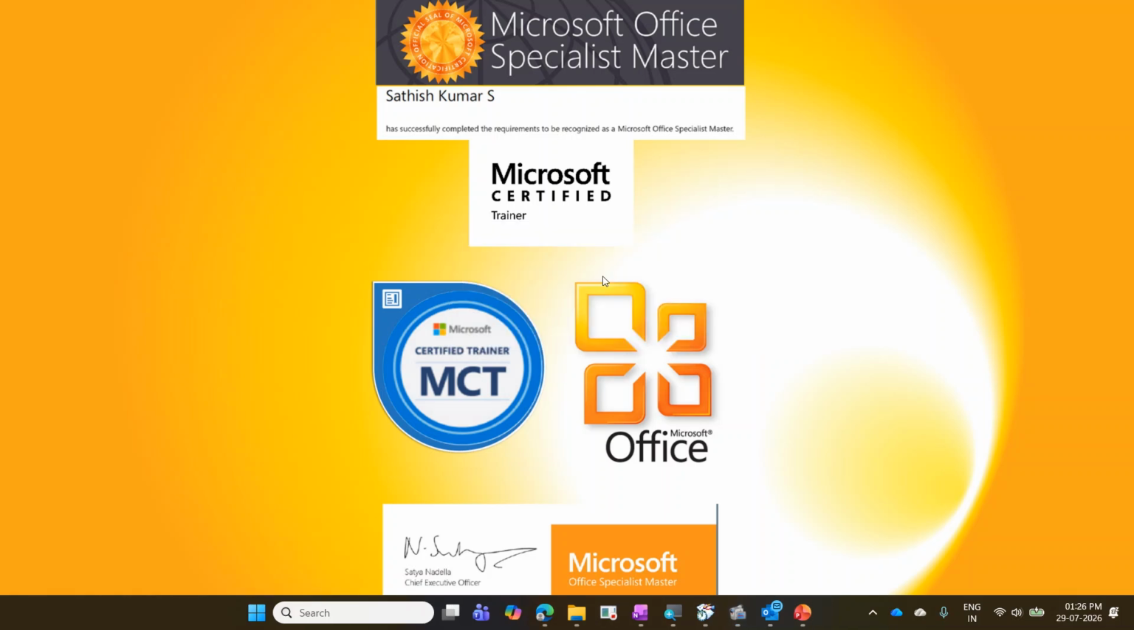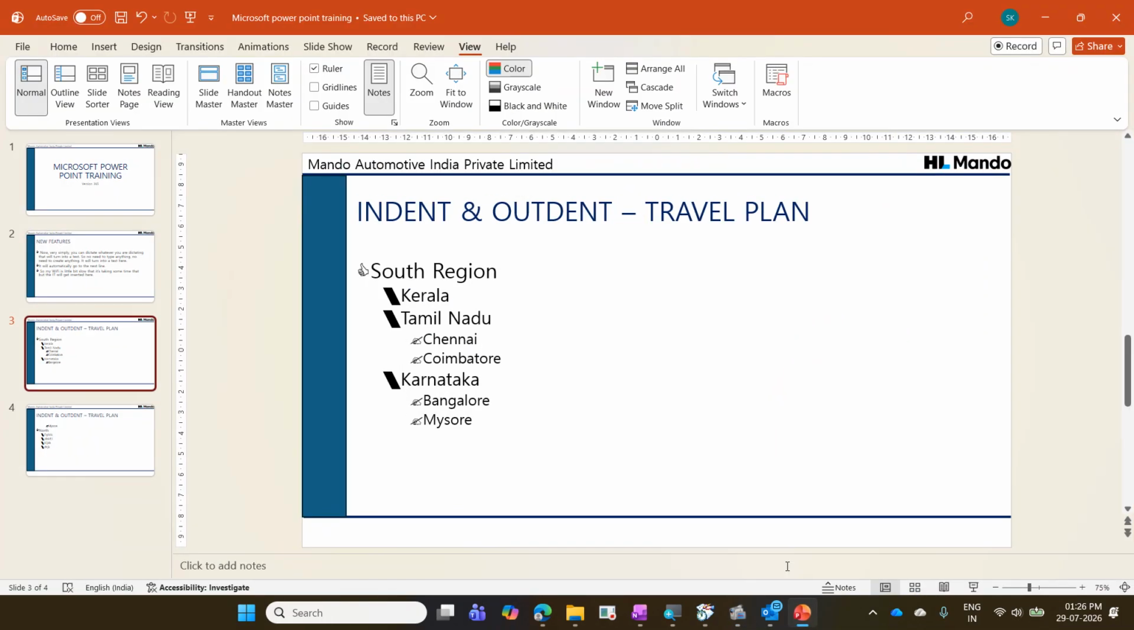Yes. Before the lunch break, we have seen about indent and outdent. How to indent it, how to outdent it, sub-level. First level, below the second level, below the third level, below the fourth level. So we have seen how to indent it. Now let us see about